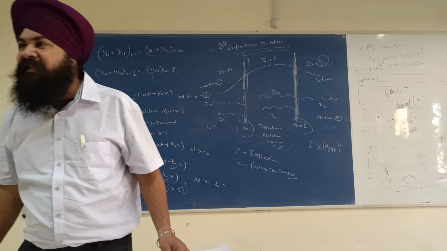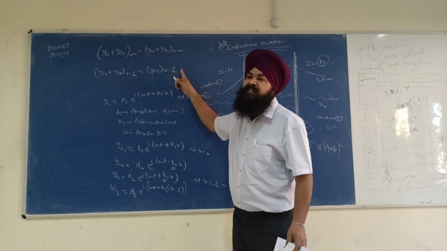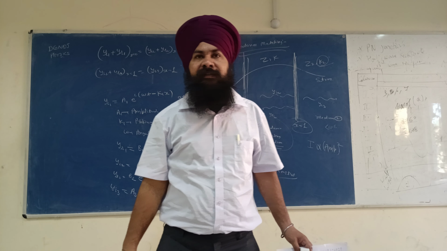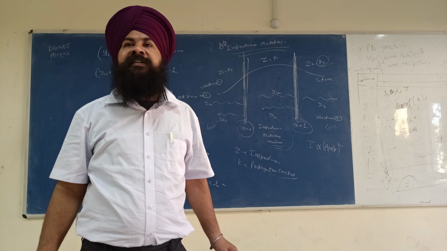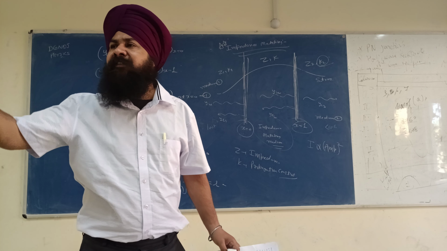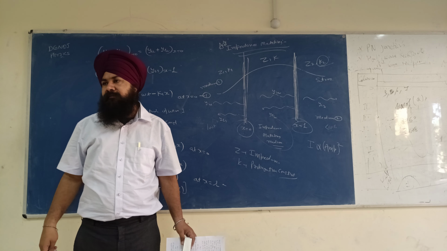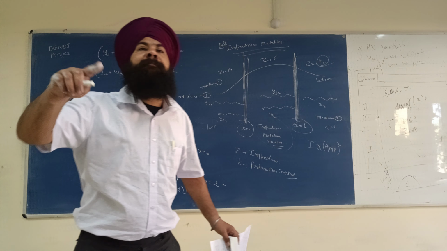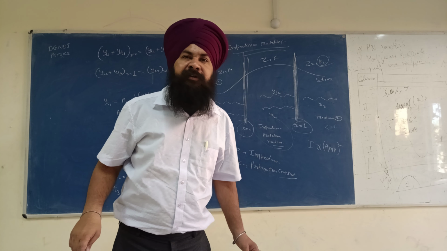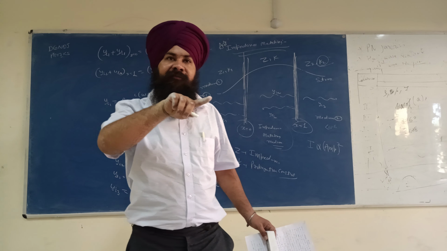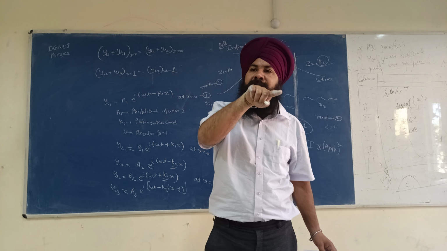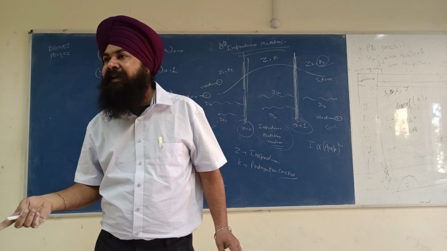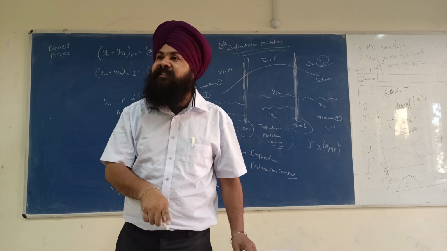Your last statement: power is transferred. This is the condition when these conditions will hold. Power means intensity. I am talking about intensity, because intensity is amplitude square. Power or intensity are the same thing here. What is the formula of intensity? Intensity is equal to amplitude square. When the signal is transferred from one medium to the other, the amplitude gets changed, which means the intensity gets changed, and the power gets changed.